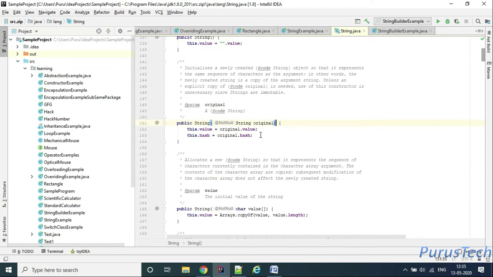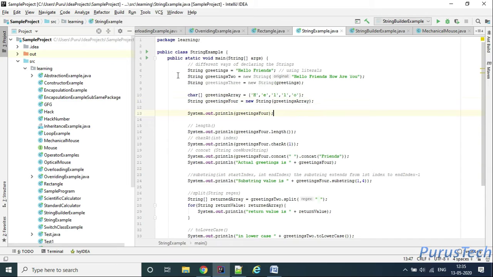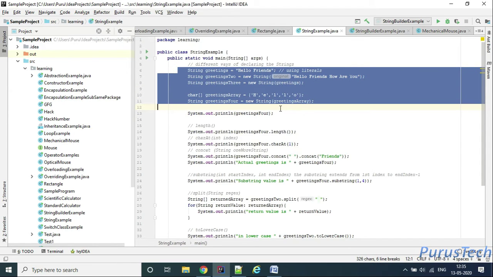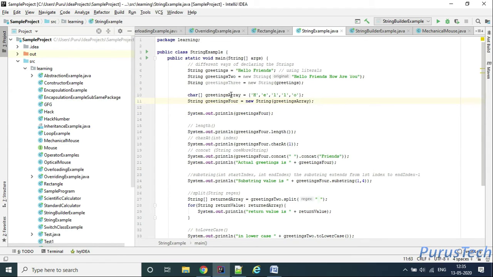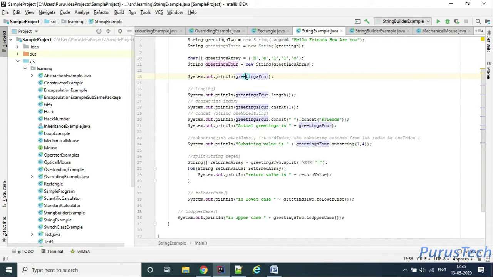Like that there are multiple ways in which it can be initialized. These are the basic ways in which we can initialize a string. If I print greetings4, it will print hello.